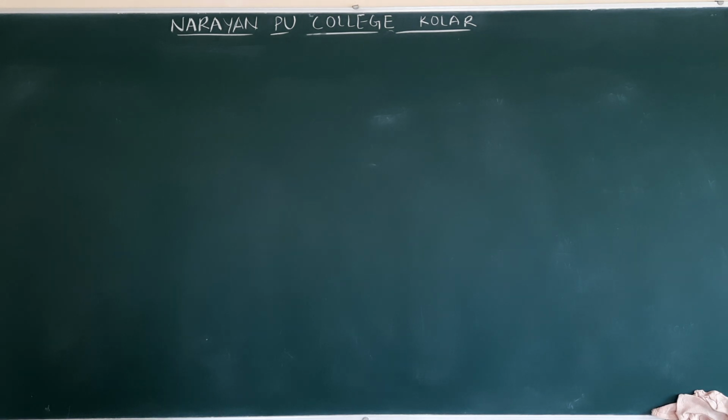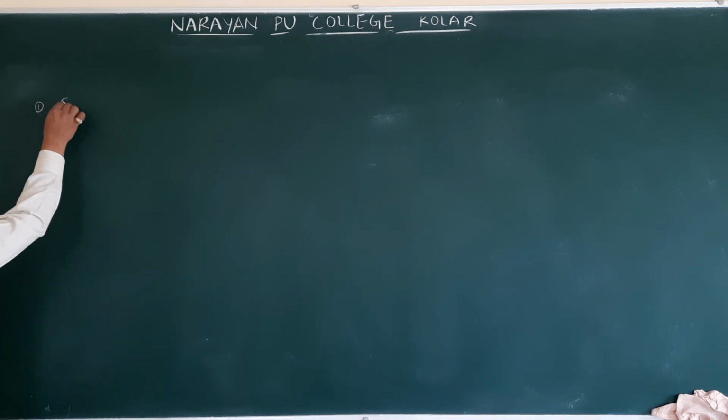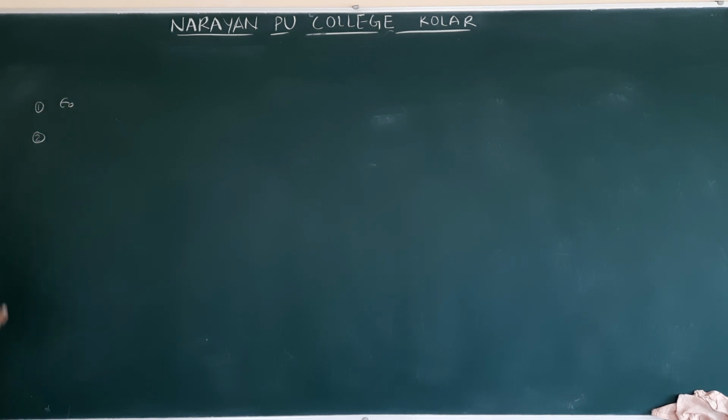I think in the first problem they might have given the wrong answer. It is a match the column question. First, A they gave epsilon naught. Next, the second one they gave is the energy density between the plates of the capacitor. Energy density means energy per unit volume. Next one, electric field between plates of the capacitor. I am giving symbols. Potential difference between plates of the capacitor. That is nothing but V, potential difference.